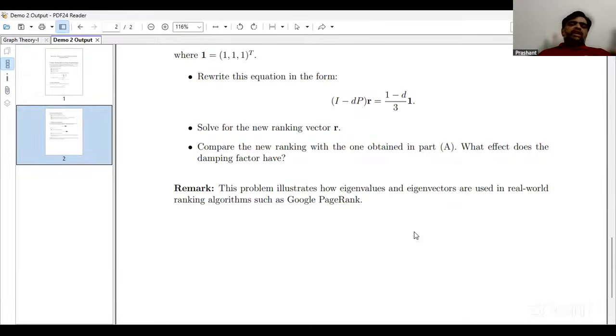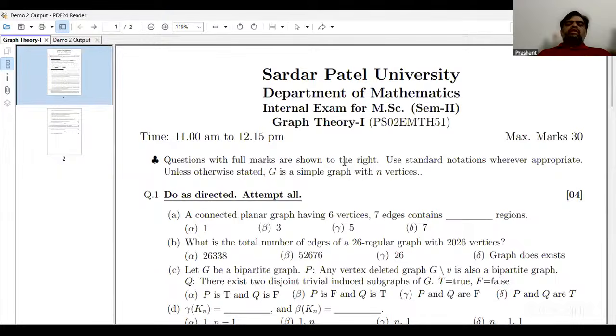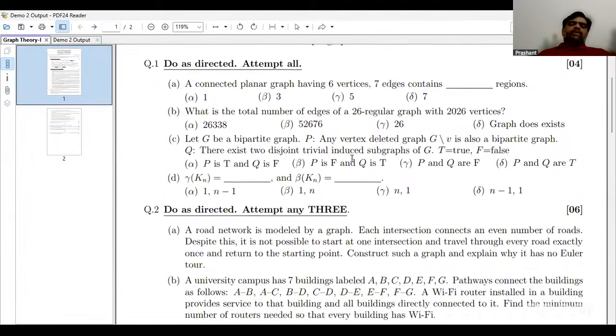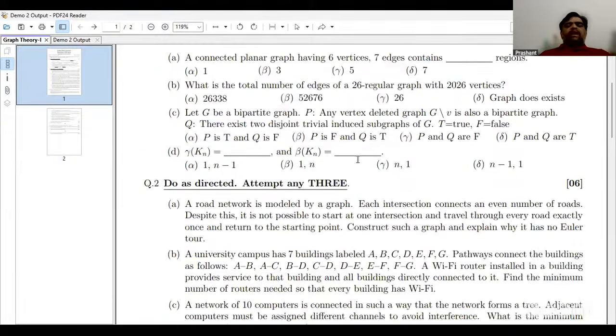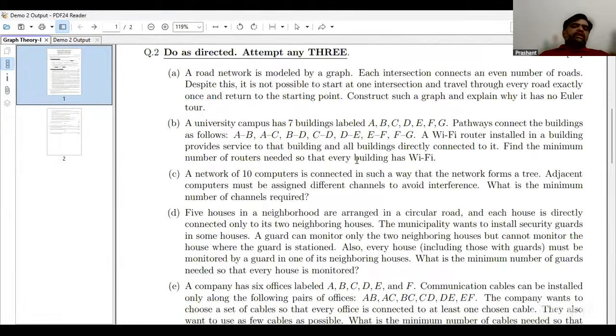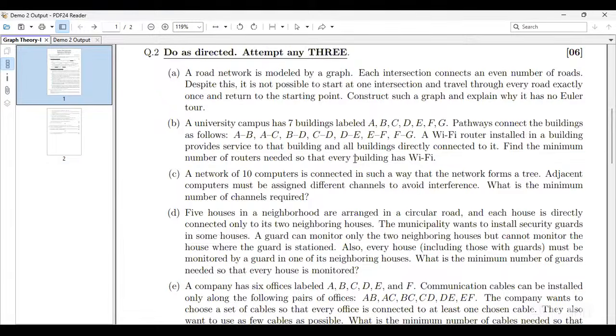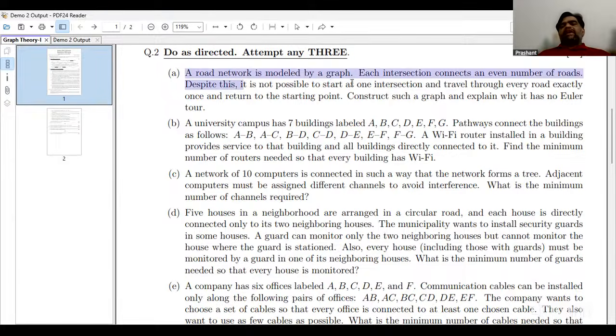The same terminology I have used in my last year's internal examination. So this is the internal examination paper of graph theory. I have tried these questions, real-world problems, in the examination. For example, in the first problem, it says that a road network is modeled by a graph and each intersection connects with an even number of routes.